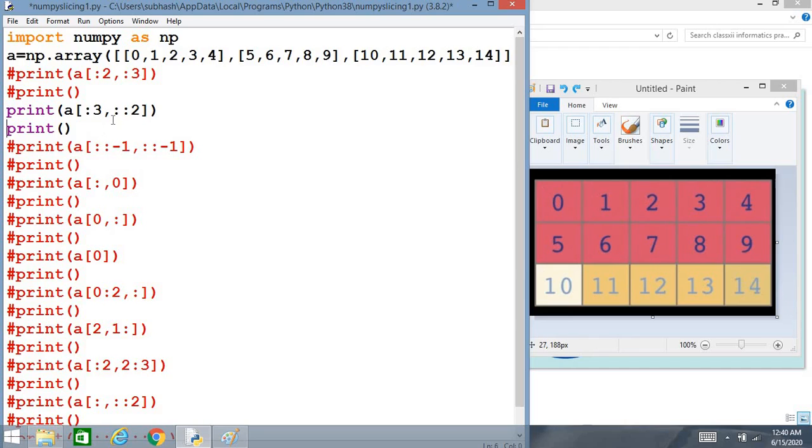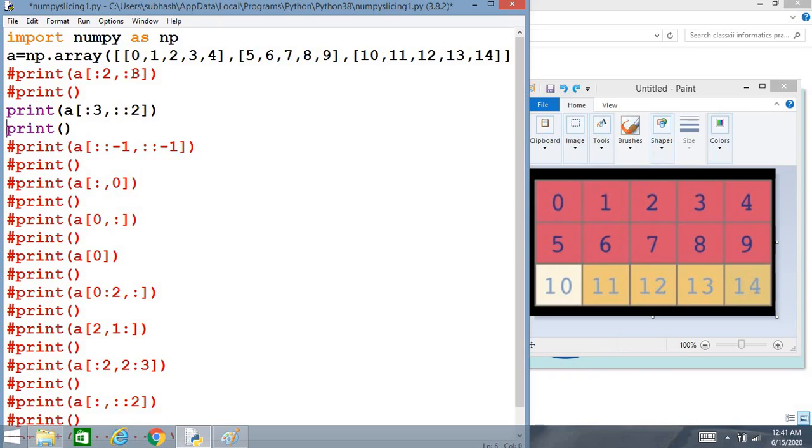Now what has to be done for these 3 rows? What is told? In the column, we have not given any start value, any stop value, only the step has been given. That means all the columns also we have to take, but it will be taking step by 2.